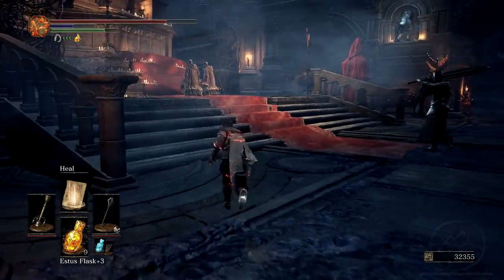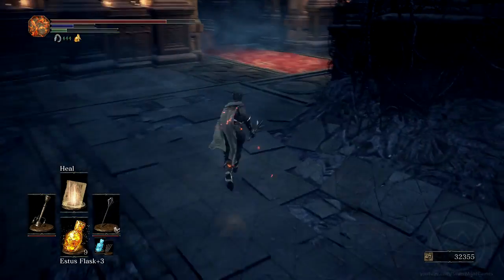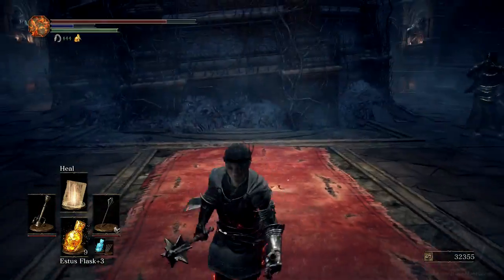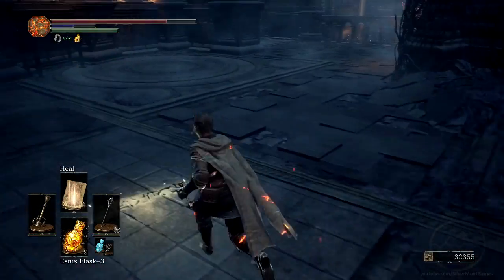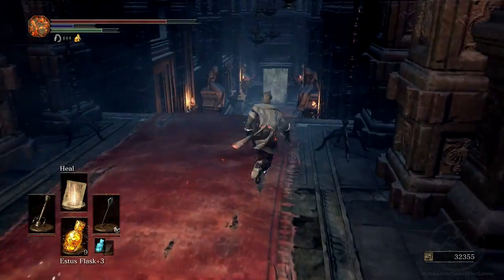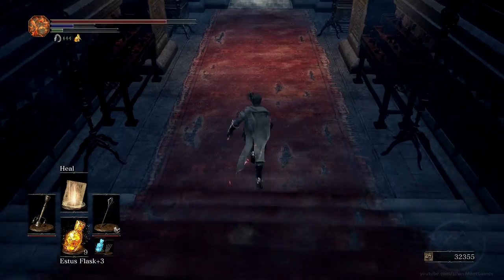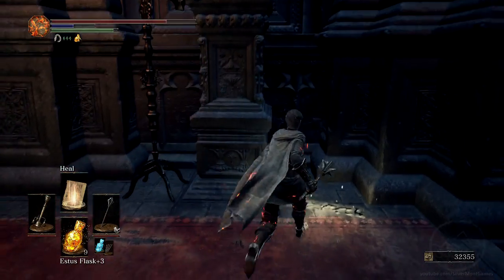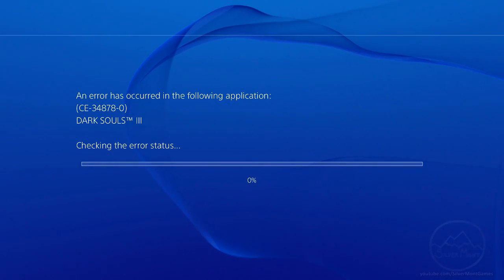This guy's going to get aggroed. And we can summon Anri over here. Yep, here we go. Anri and Horus. Horus the Hushed. I'm just going to check down here because I don't know if there's any other summon signs. I'm assuming there wouldn't be. And yet, my assumption was false because